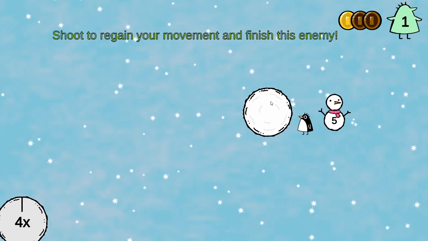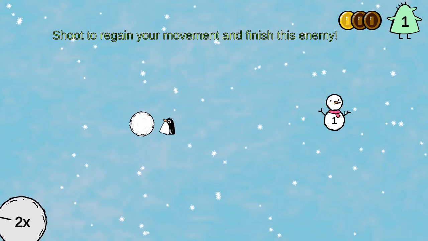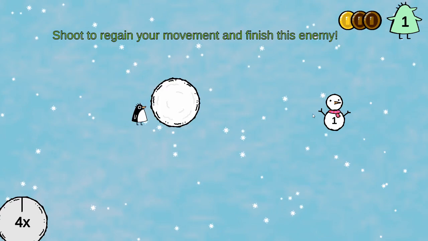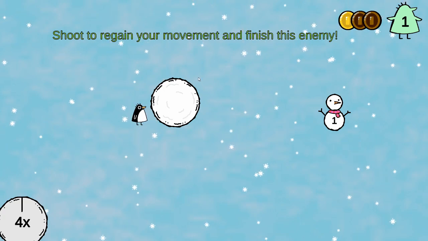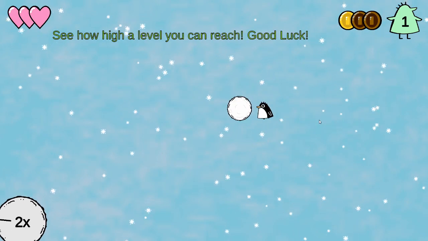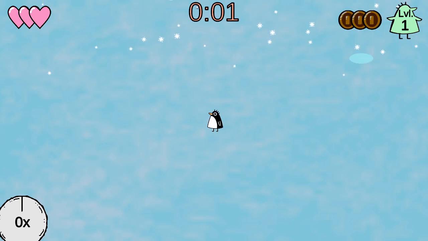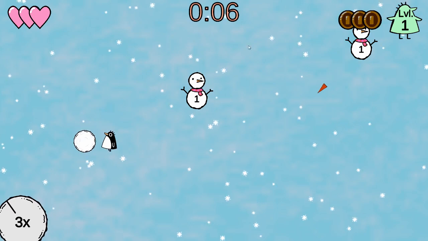And then they hammer home the important fact that, firstly, once we get to a certain snowball size we can't move, and also that some snowmen are going to take more hits, and the amount of damage they take correlates with the size of our snowball. See how higher level... so our goal is level, not time, according to that tutorial. Okay. So, in which case...